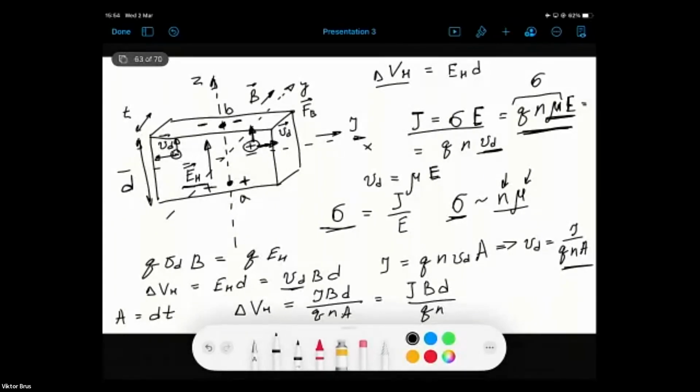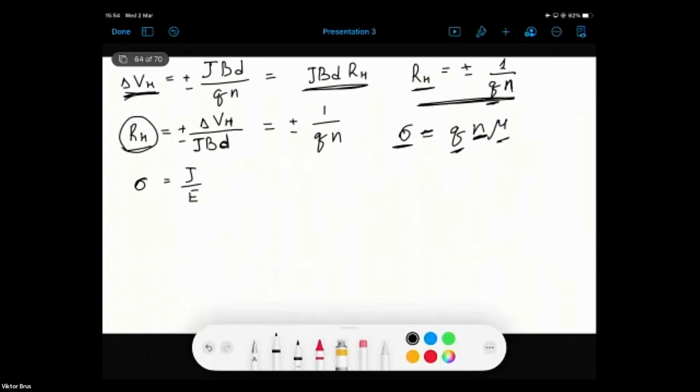Could you explain why in the left corner QVB is equal to QE? Because, okay, 1 second. Let me go to another slide where we have some space. So let's consider in cross section from the side. We have, let's say, some charge carrier. It is moving, so we have VD, and here is magnetic field. So this will be FB,